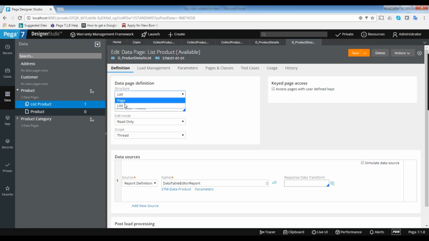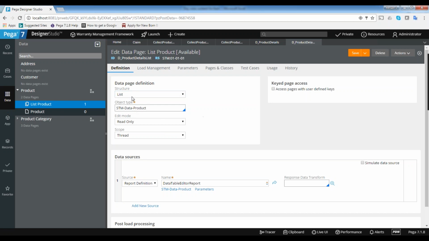Only two options are there. If you are manually creating data pages, you need to remember these configurations. To create a lookup data page, select page. To create a list data page, select list. That is how the system determines which is a lookup and which is a list data page.